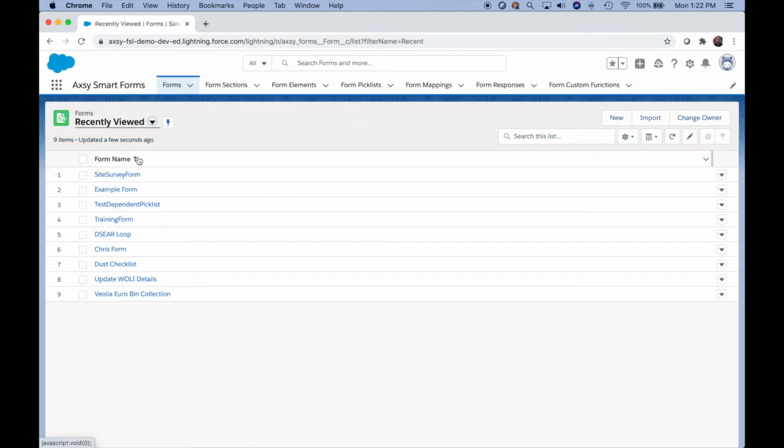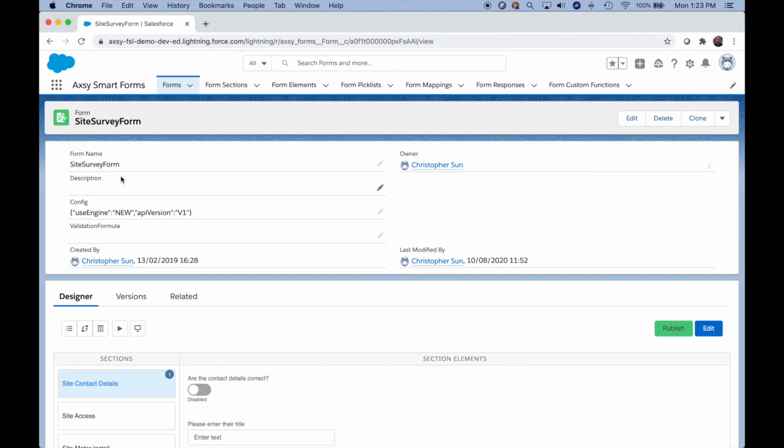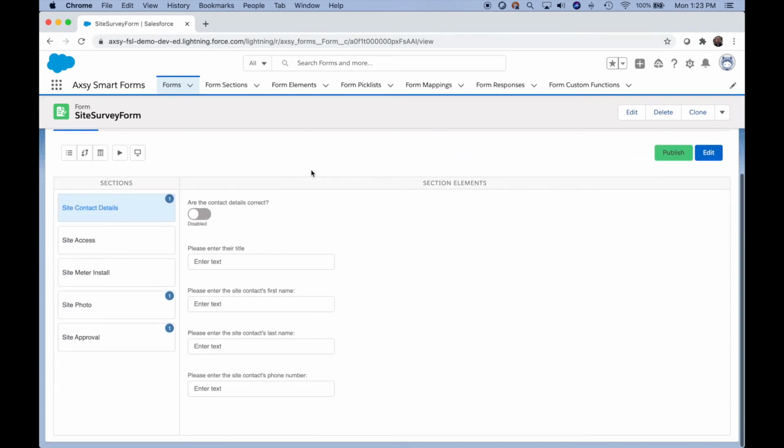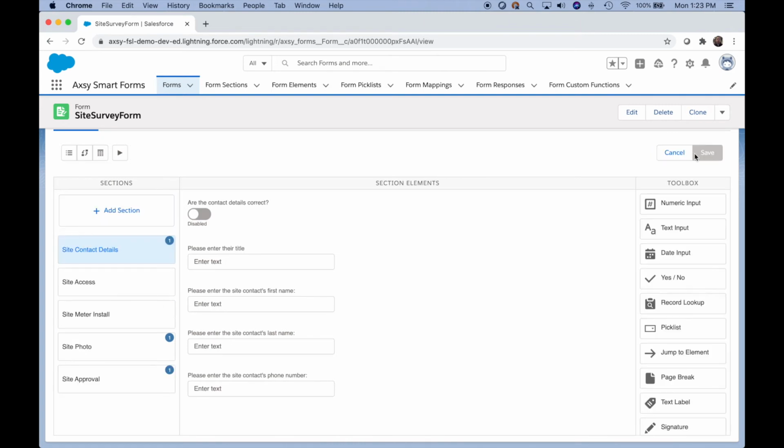In addition to offline first capabilities, the Axie Field Service mobile app is also highly extensible. On top of supporting Salesforce's own no-code customization tools, Axie has its own suite of tools that allow for customizing the Axie app. One such tool is Axie Smart Forms. Axie Smart Forms provide guided experiences to field engineers through dynamic forms that can include skip logic and can adapt as the user answers the form.